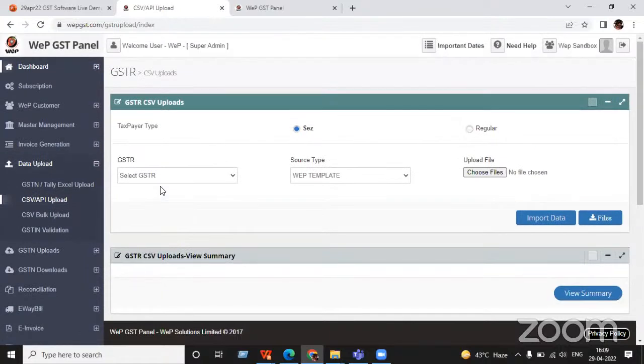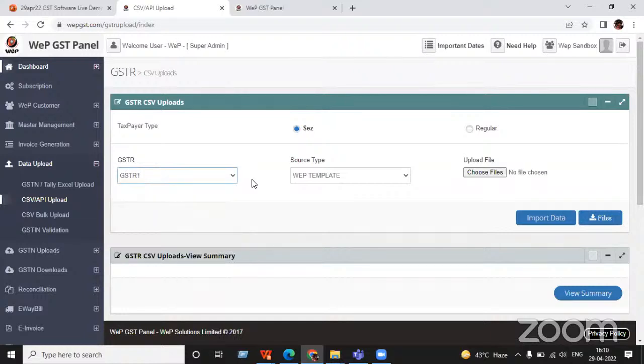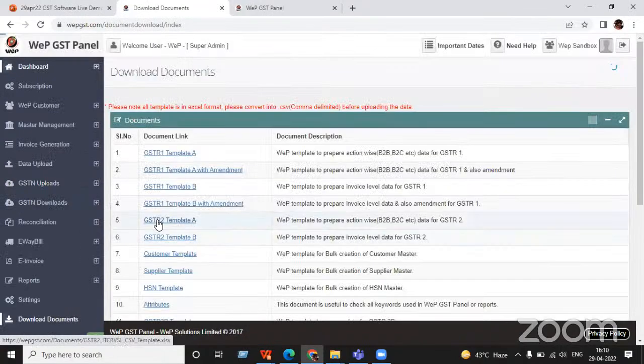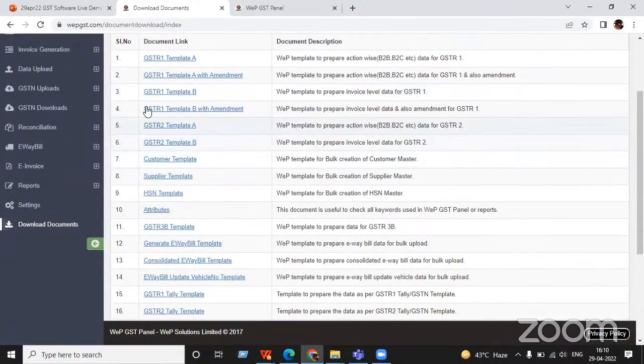CSV and API upload is fully manual. You can select the GSTR for which you want to upload your data. Select that particular GSTR, and we have our own templates in the download document section. I will show you that also. In the download documents, you can see the GSTR 1 template, GSTR 1 B template, GSTR 2 template, customer template, and the e-invoice template.